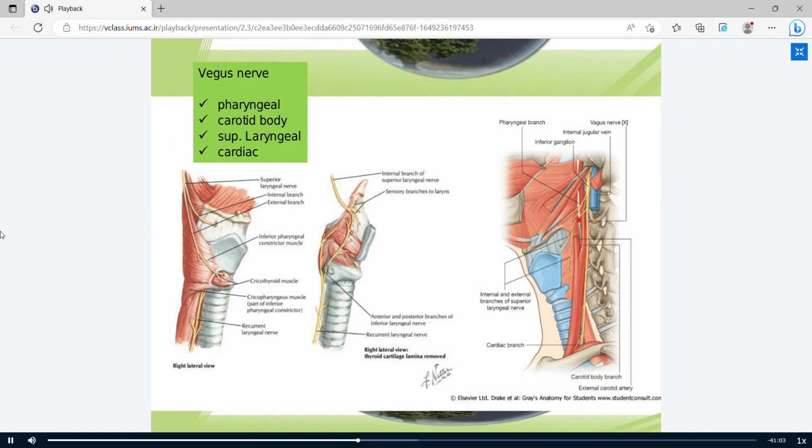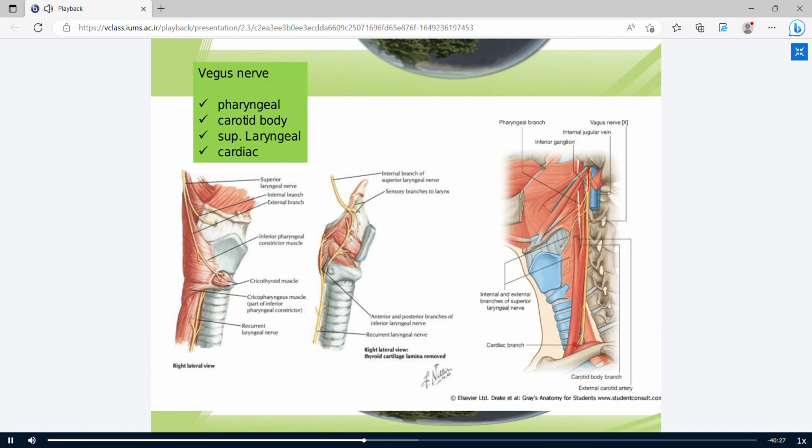Another component in the carotid sheath is the vagus nerve. The vagus nerve is located in the carotid sheath behind the internal jugular vein and common carotid artery, and it lies between the vein and artery. The vagus nerve passes from the jugular foramen and enters the neck. In the neck it has different branches. For example,